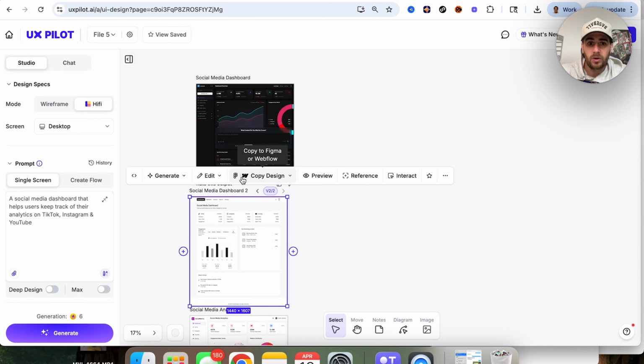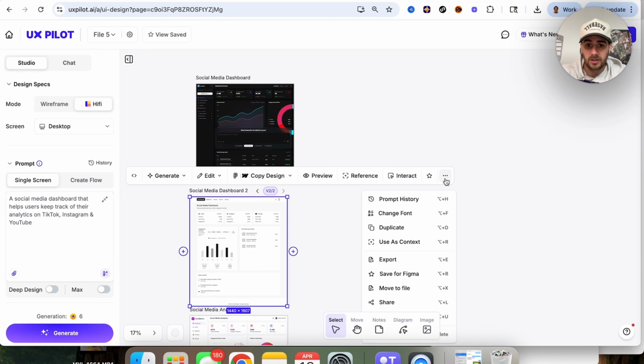In addition to that, if we wanted to copy this to Figma or Webflow, we would be able to do that right here. We could come under preview right here. We could use this screen as a reference for AI if we wanted to do that. We could interact with it. We could favorite it. Basically, we could come over here and do all of these other things with this,